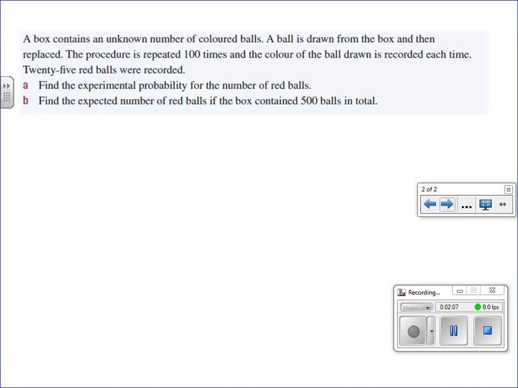So here's a box. It contains an unknown number of coloured balls. We pick one out, then we put it back. We do that 100 times, and we record the colour. Find the experimental probability for a number of red balls. So we had 25 red balls recorded out of the 100 times. So the probability of a red